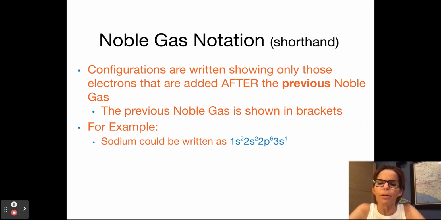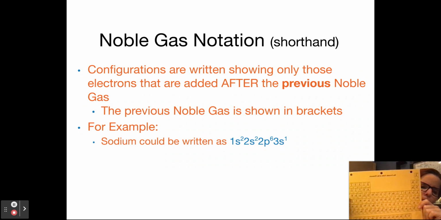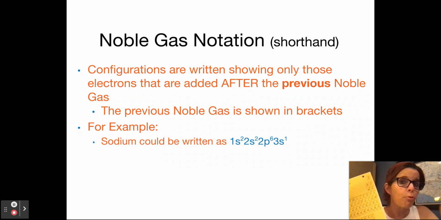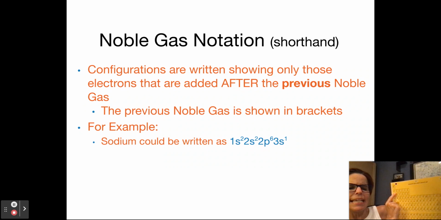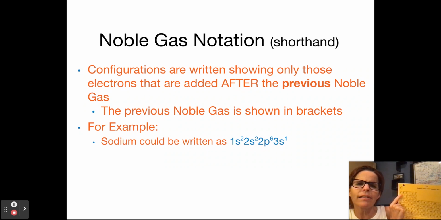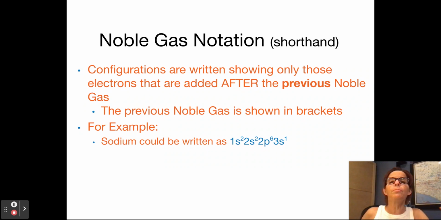Here's an example. Sodium, find sodium on your periodic table. Sodium is number 11. Now go back to the closest noble gas. The closest noble gas that was before sodium is number 10, which is neon. That's the noble gas that came before sodium, not after sodium, but before sodium. So sodium could be written